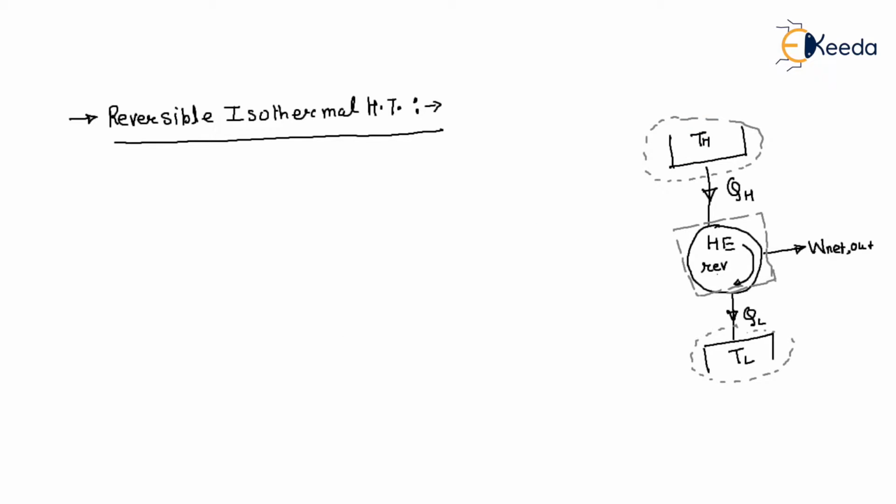Do you know what isothermal is? Isothermal is the process in which the system does not change its temperature. So the process executes at a constant temperature throughout. And the term reversible, don't confuse this term. If the process is reversible,